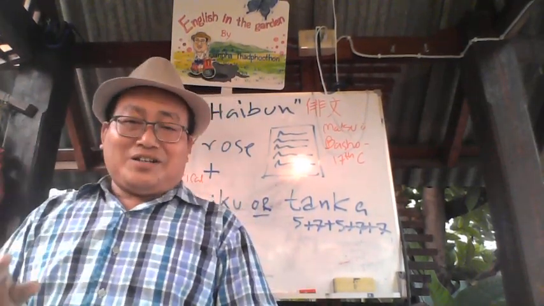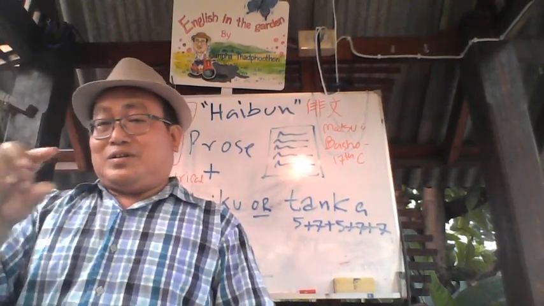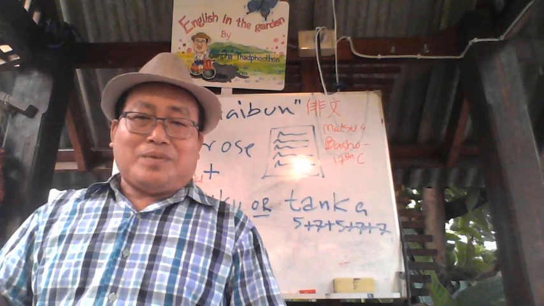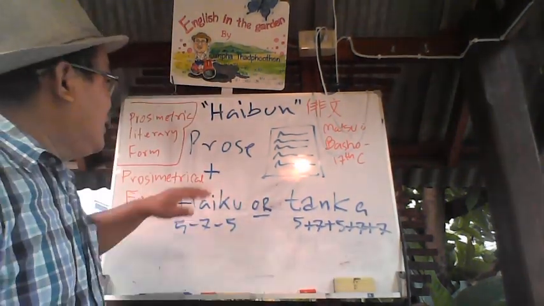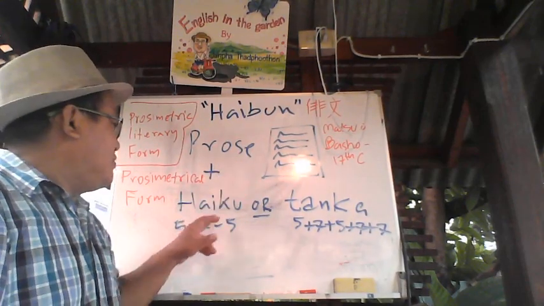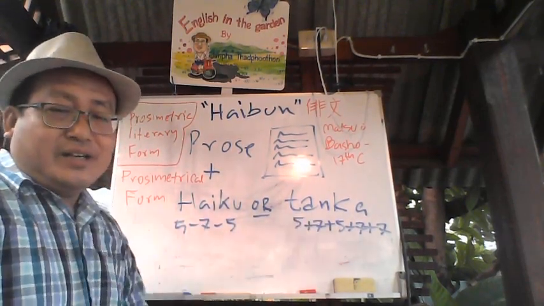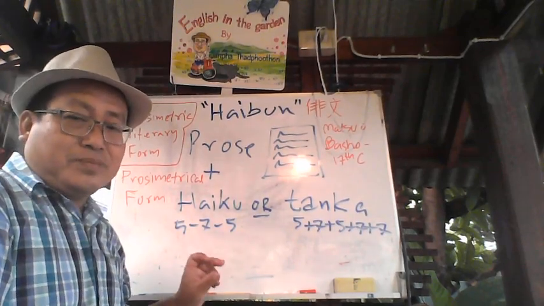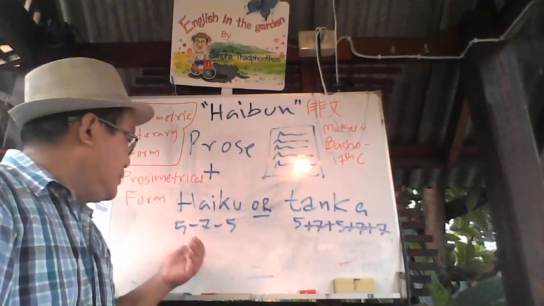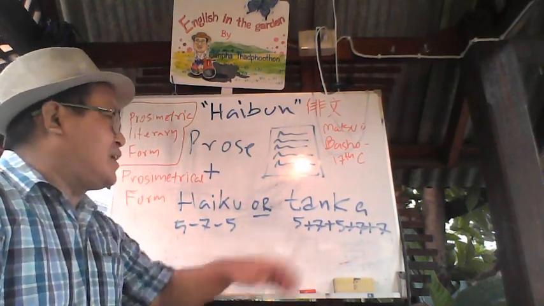It's a combination, as I told you, between prose, or writing text, and then followed by a poem. Normally, you would write a prose and then followed by either a haiku or a tanka. A haiku is a short poem, a syllabic poem that has 17 syllables, 5-7-5, and a tanka has 31,